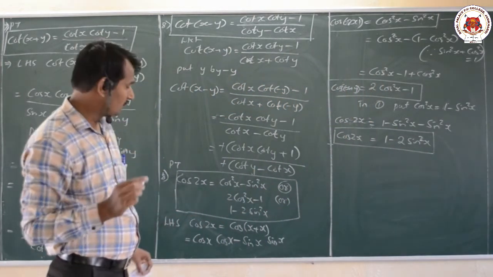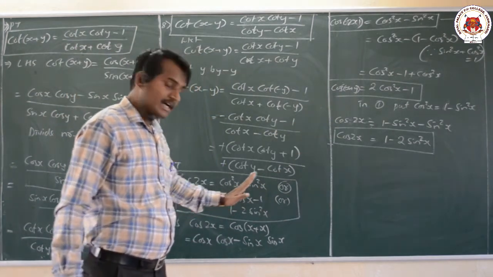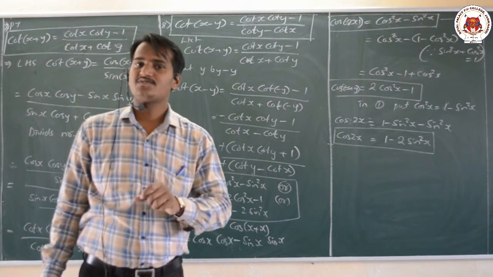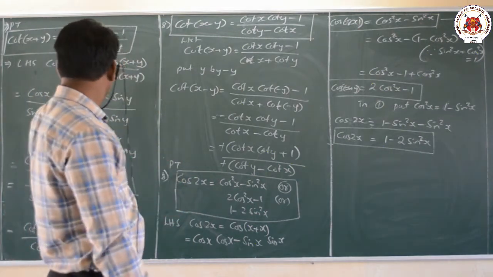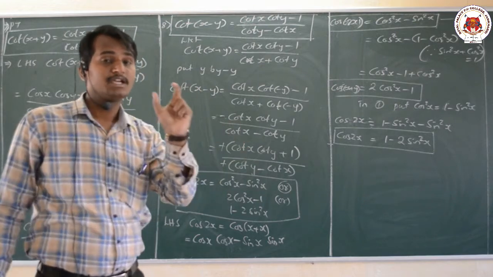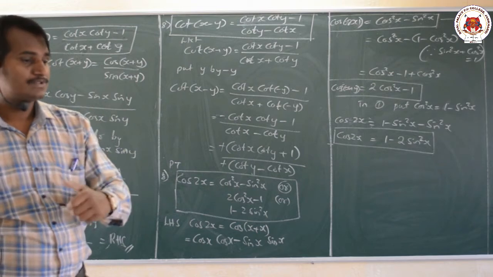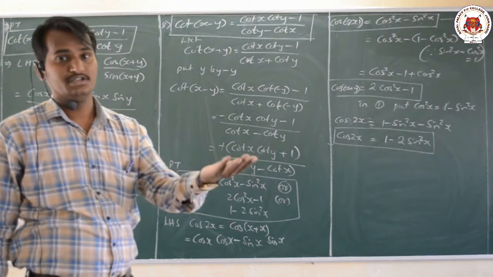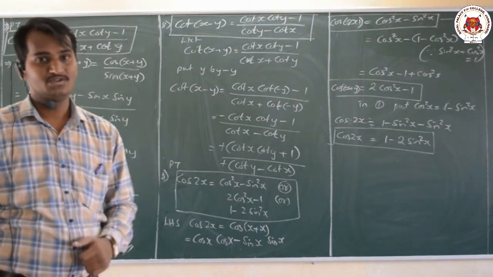That means for one single formula, cos 2x, we are having the values cos square x minus sin square x, 2 cos square x minus 1, and 1 minus 2 sin square x. We can make use of any of these formulas as we require. Dear students, one more thing, whatever formulas I am marking here in the square brackets, please make a note of all those, and those are the important formulas that will be useful for your forthcoming chapters, in second year and in higher education also. Before going to the next derivation, please pause the video to note it down.